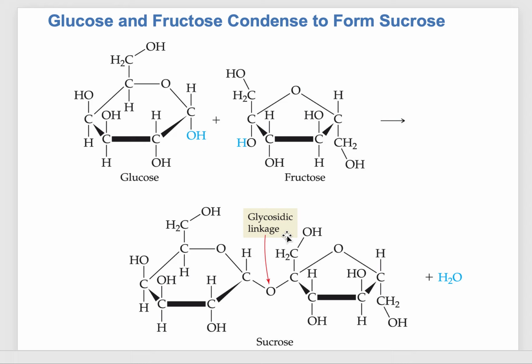known as glycosidic linkage or glycosidic bond. Notice that the OH here is pointing down with respect to the ring structure. That is very important. It's known as alpha, which is the digestible form of carbohydrate. So that's the linkage, the chemical connection between glucose and fructose to give us sucrose, which